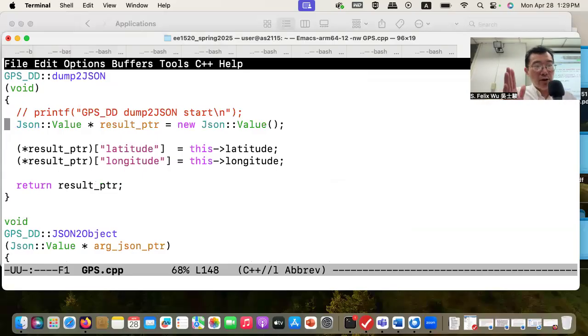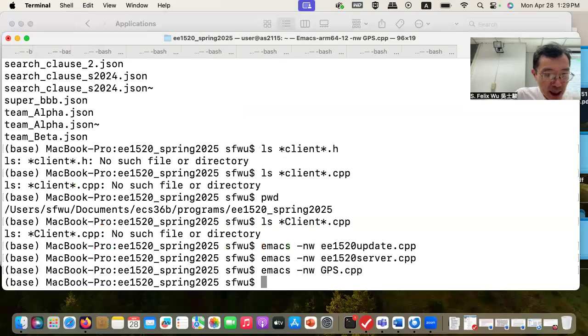Okay, I'm going to tell you the next level of complexity, which means how do I do dump to JSON when you have inheritance? Let's actually take a look at another inheritance relationship, which I call labeled